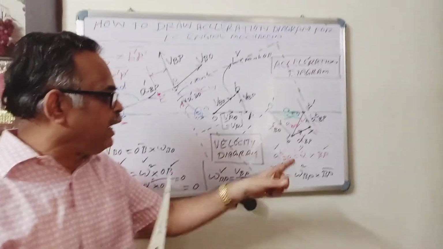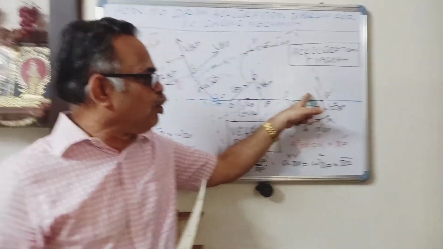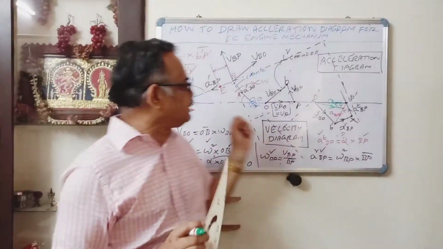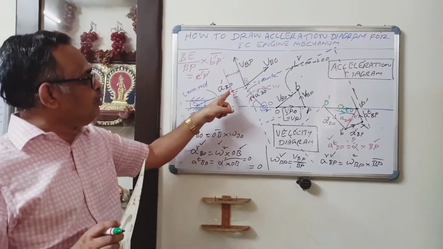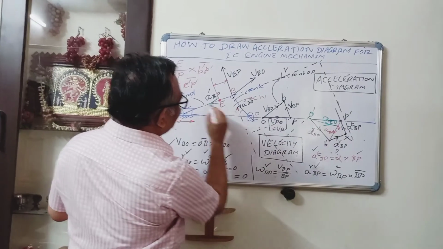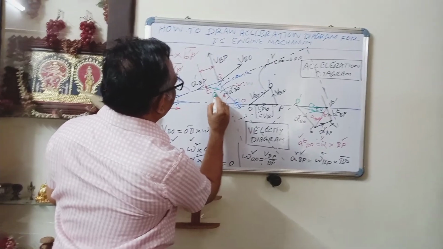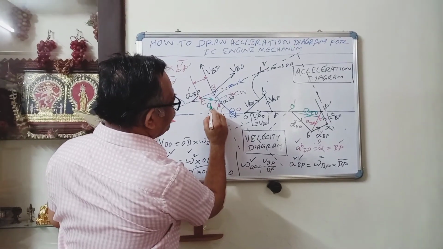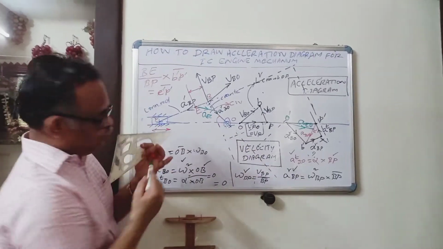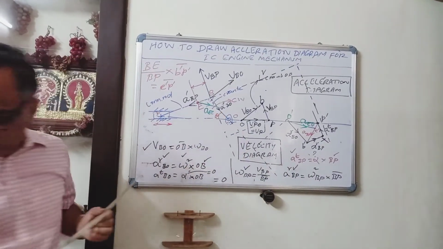See, if I put an R, it is the radial component. If I put a T, it is the tangential component. If I do not put anything, it is the absolute acceleration. So now we have found the absolute acceleration of any point on the connecting rod. At this point, the absolute acceleration will be parallel to this. If I draw parallel to it like this, A of E with respect to O will be there, and this is theta.